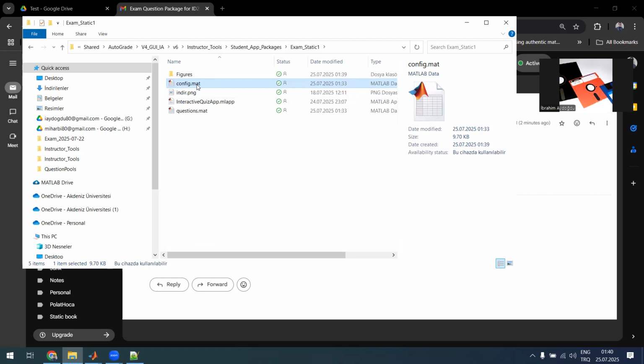I prefer this one. The first issue is that I don't want the students to see the answers of the questions, because even in an Excel file, students can open it and see all the question information and configuration. That's why I put them as a MATLAB data file. Unfortunately, a MATLAB data file can normally be editable. After opening the MATLAB file, you can change some values and store it again as a question. However,